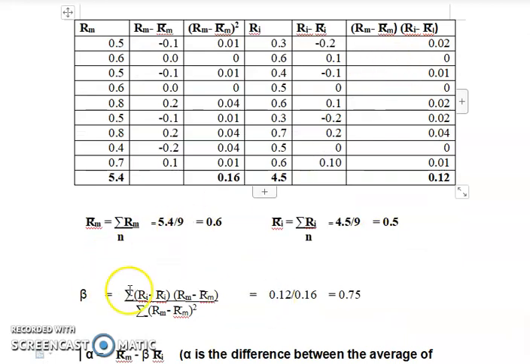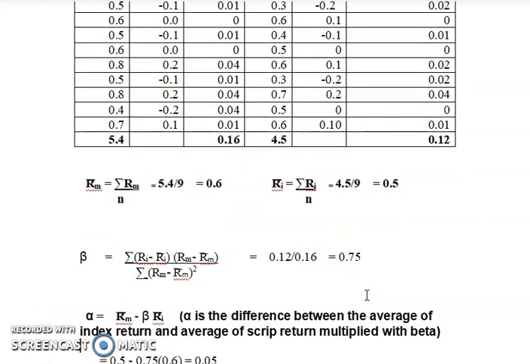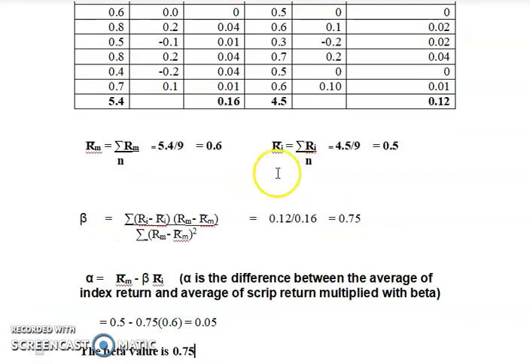Here I have these values; this value I just have to put here, then divide by this value. So when you put 0.12 divided by 0.16, you will get 0.75. So this is the beta value. You just directly put that beta value. It is all formula. You just have to find the average, then subtract, then multiply, that's all. It's a very simple formula. The only thing you need to remember is the formula for the calculation of beta.